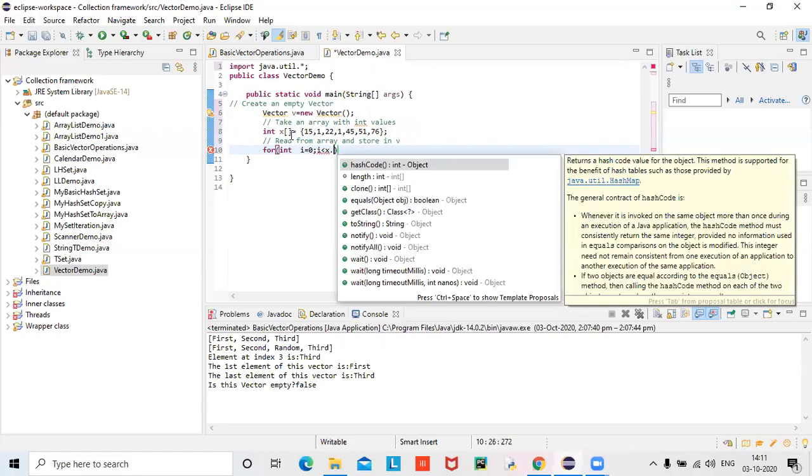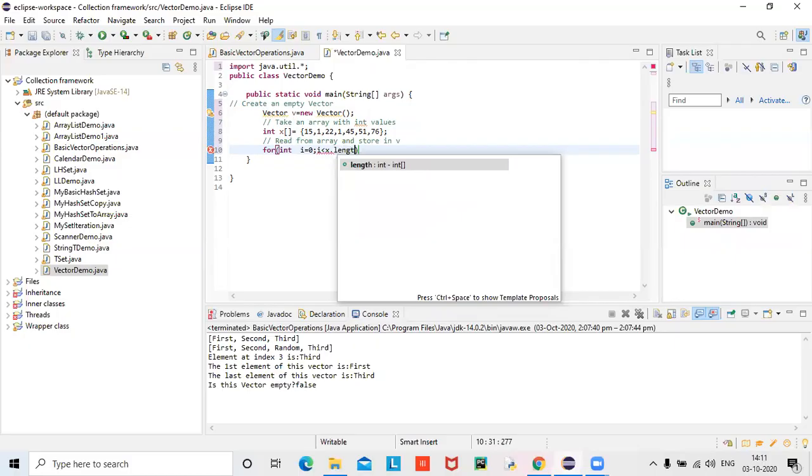Have we used that length property in arrays? Do you remember? I told the difference between the length property and the length method also. In strings we use the length method, the length of a string.